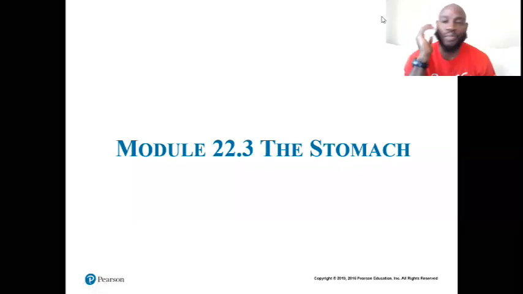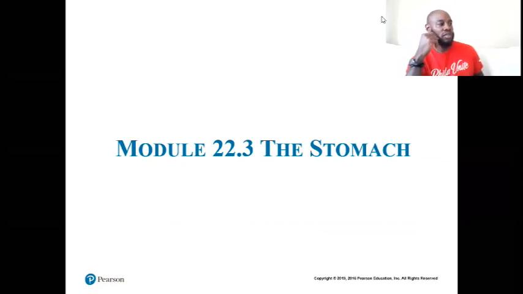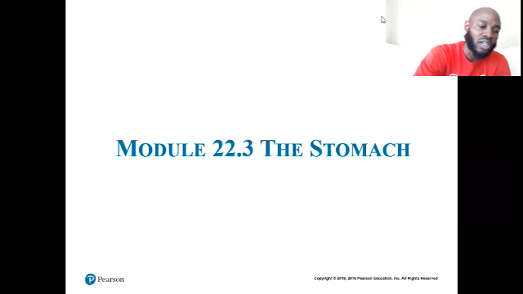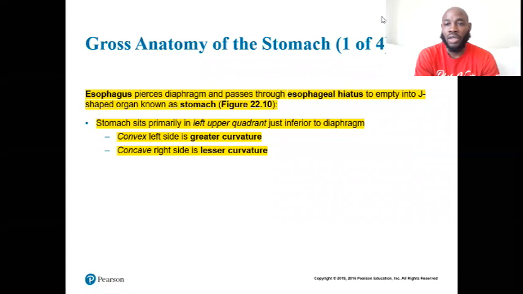So once we get from the mouth, tongue, the teeth, mastication, chewing, start the initial stages of digesting, get to the pharynx, to the esophagus, and eventually to the stomach. And this is where things really start to get sort of complicated, but also very interesting. All right, so